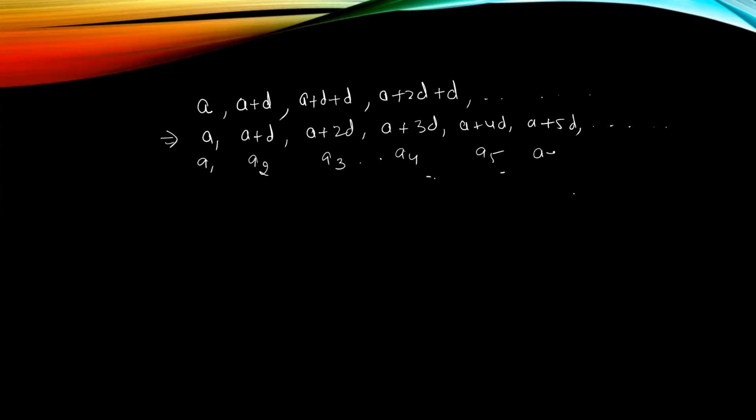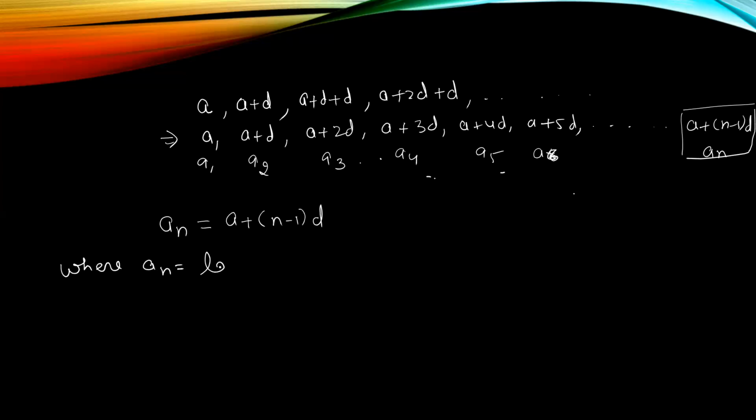A6 is a plus 5d. That means my an is going to be a plus n minus 1 d. Right? So this is the formula to find the nth term. If I need to find the nth term, the formula I'm going to use is a plus n minus 1 d, where